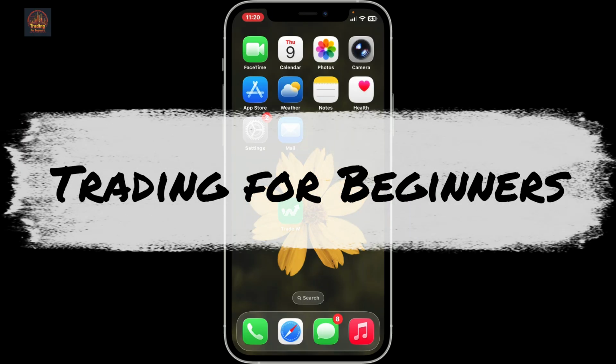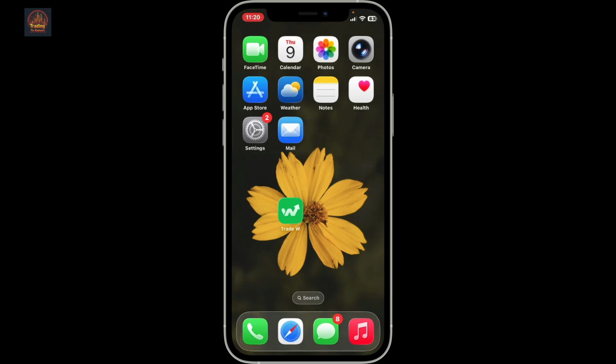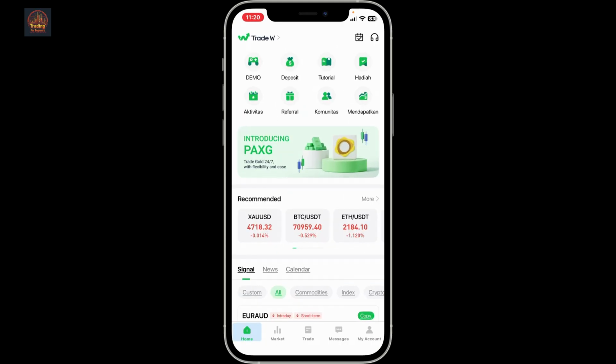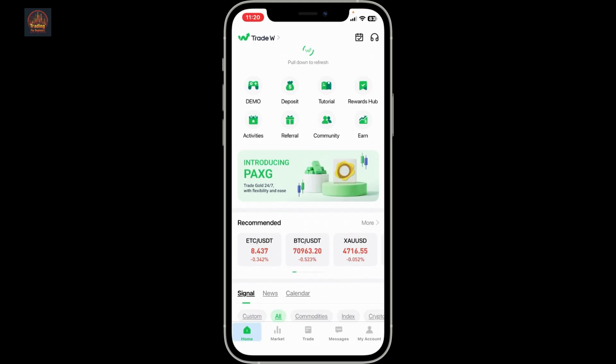If you are on the trading app and feel like it's time to take a little break, maybe you want to secure your account, switch devices, or just step away for a while, here's how you can easily log out of your TradeW app. Open the TradeW application first on your mobile device, and once you're inside the home page,